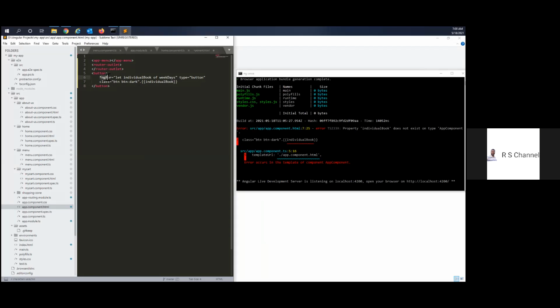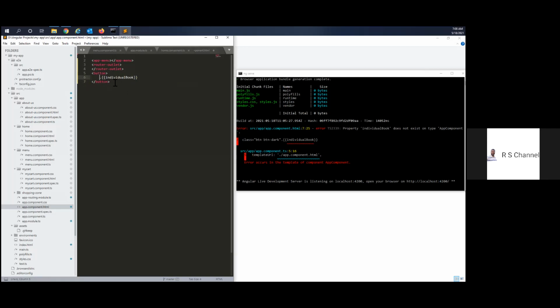From the star you cut till the dot in the next line, after the double quotes till before the dot. You cut till there and you paste it inside the button. This ng for should be inside a button tag.